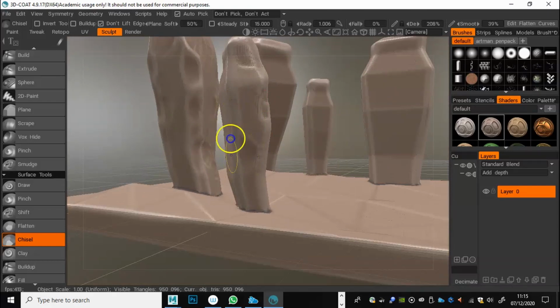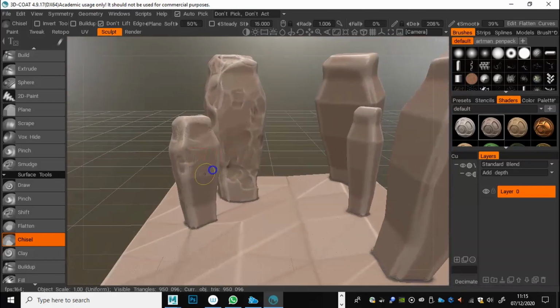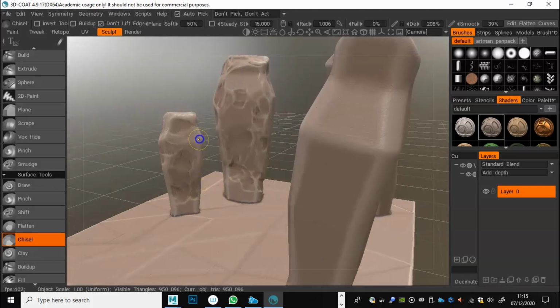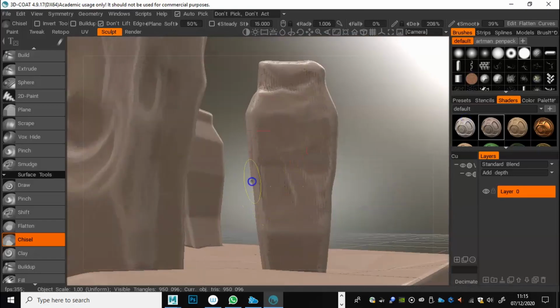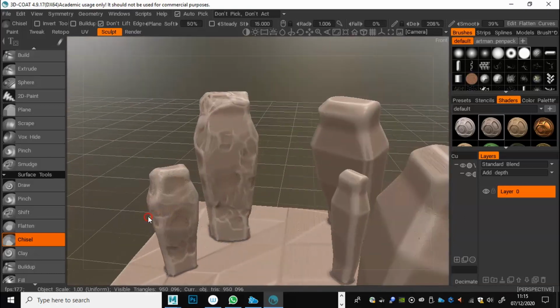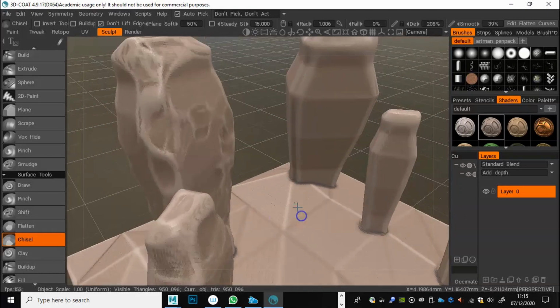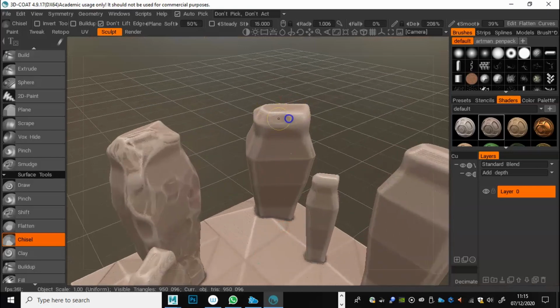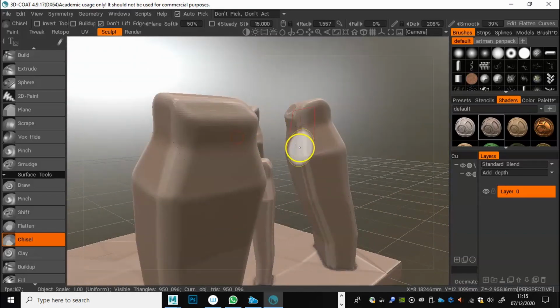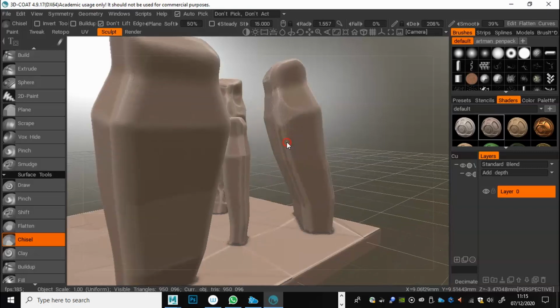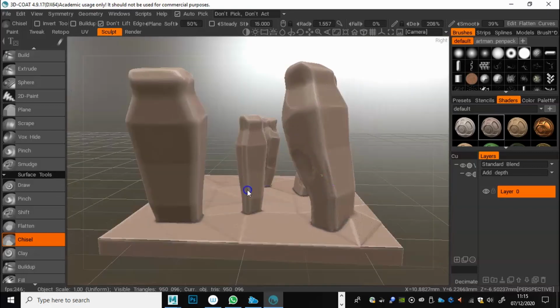So I'm just trying to get the bare minimum in there just to give you some idea of what you can achieve with that. Again, I'm just blasting through this to get the general overall look, because as I mentioned at the beginning of the video, we've got quite a few steps here because we're going to be exporting this, putting it into